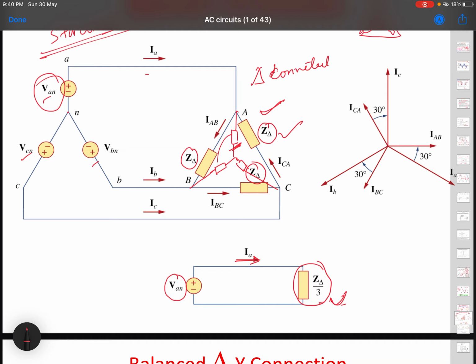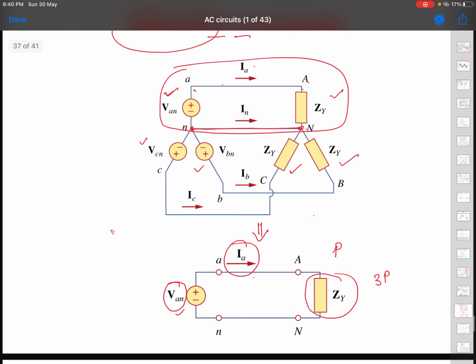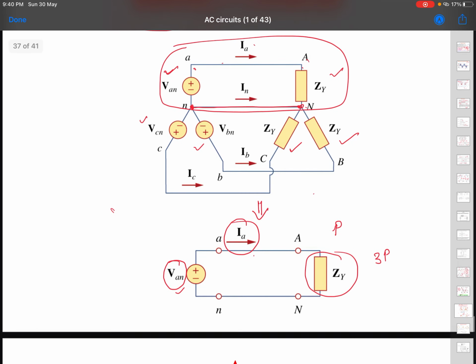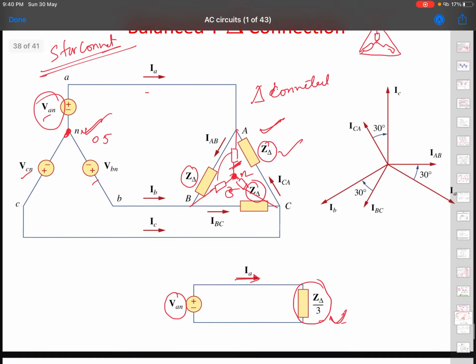And if there are two such systems, then you will find that if they are balanced, then this neutral point and this neutral point are going to have the same voltages. If this is 0, then this is also 0. If this is 5, this is also 5, whatever you may call. If there is a balanced system, they may be connected or not. Here we have seen they are connected, but even if they were not connected, the two neutrals would have the same voltage.